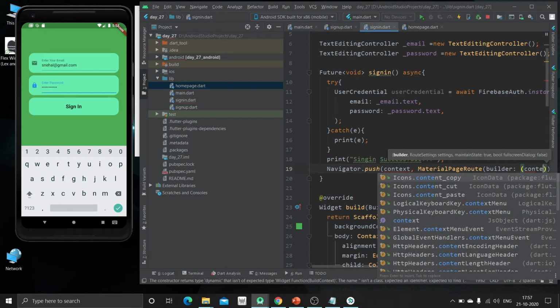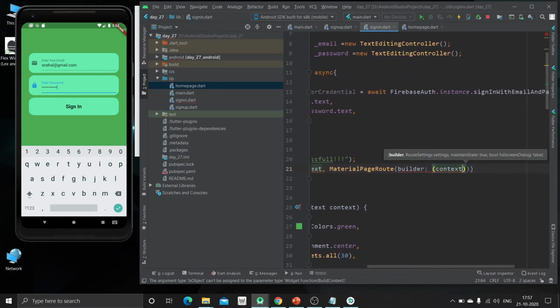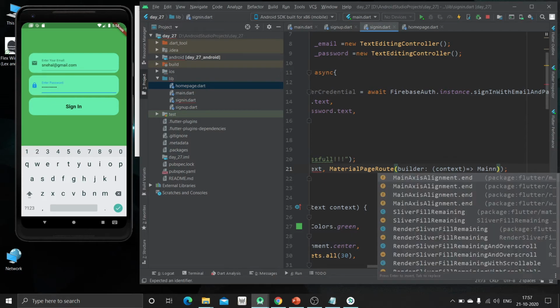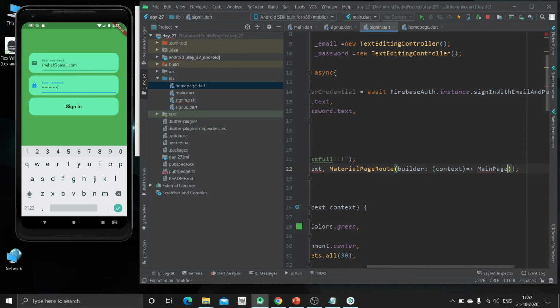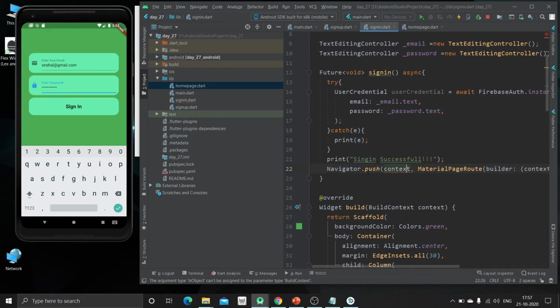So we are just going to use this context and pass it inside this method. Okay, so here we are going to call the main page. So here we are getting one error underline.